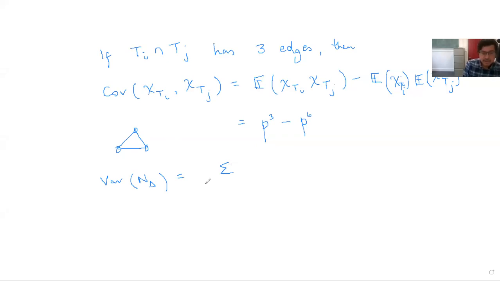So this sum is over pairs of triangles T_i and T_j, such that the cardinality, by which I'll mean the number of edges, because that's what's interesting. It could mean vertices, but I mean edges. So that's the sum. And if they have one edge in common, the covariance was p to the 5 minus p to the 6,